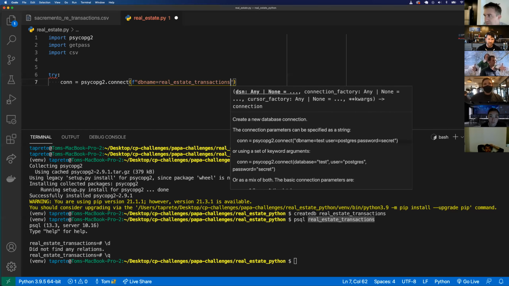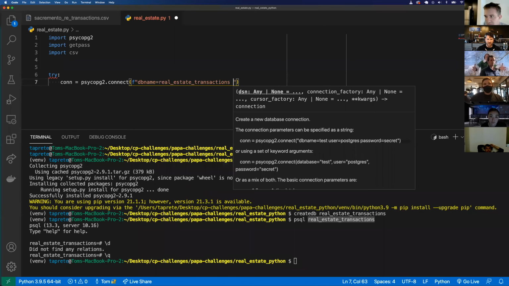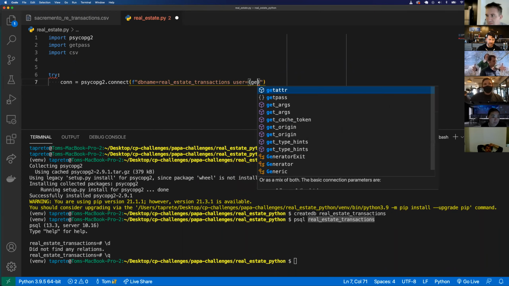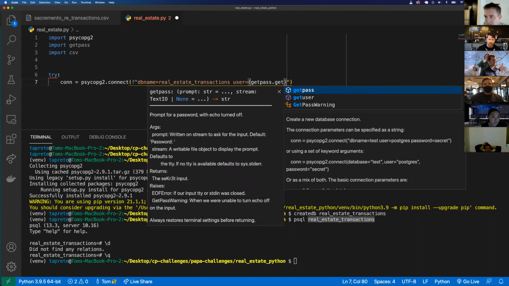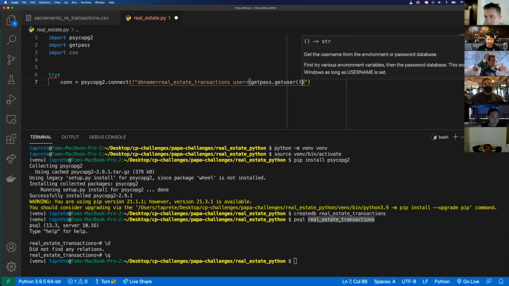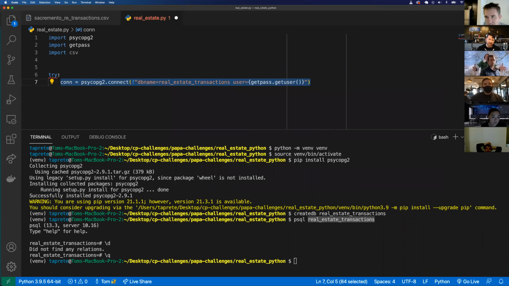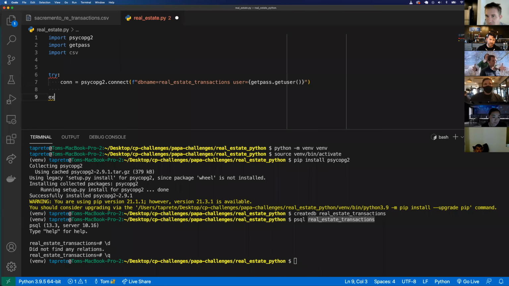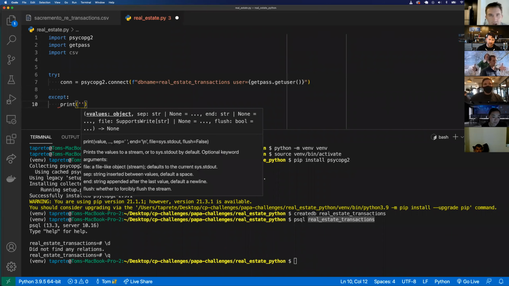The database name is real estate transactions, and the user is getpass.getuser, like so. So I need to make a connection to the database. If that doesn't work, or if there's an error anywhere, I might get an except and print